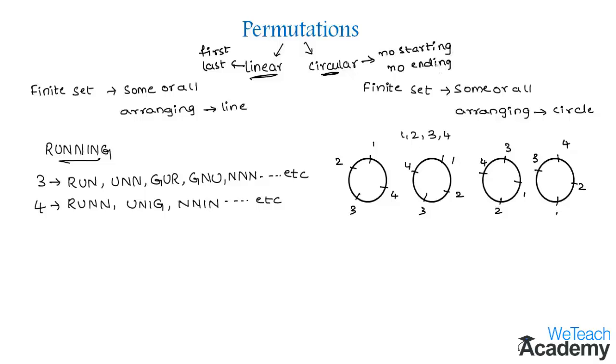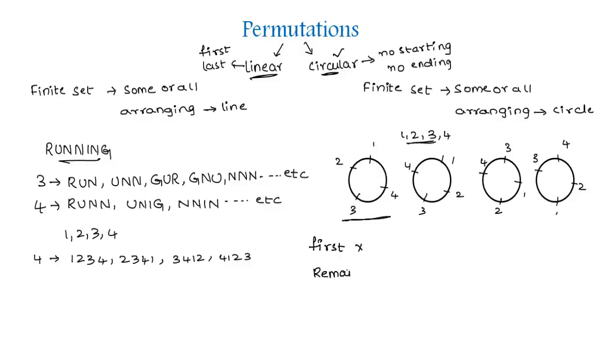In circular permutation, we consider the example of forming circular permutations using the digits 1, 2, 3 and 4. By this we can write the linear permutations as 1, 2, 3, 4; 2, 3, 4, 1; 3, 4, 1, 2; and 4, 1, 2, 3. If we arrange these numbers in a circle, it gives rise to only one circular permutation. In circular permutation, where the first element is placed is not important, but how the remaining elements are arranged relative to the first element is important.